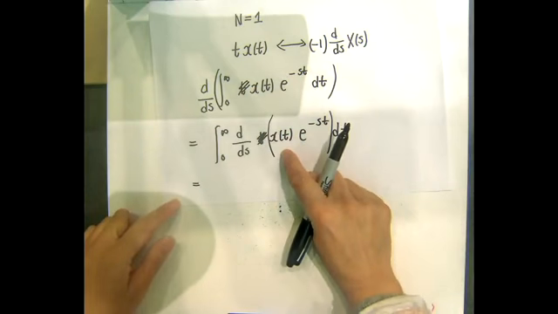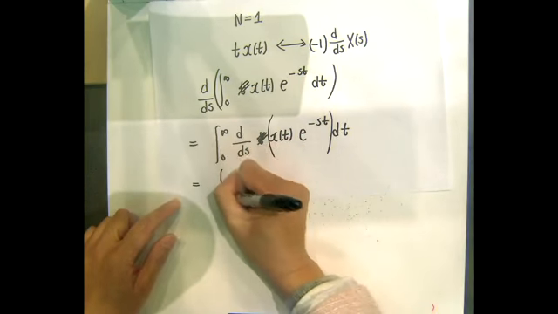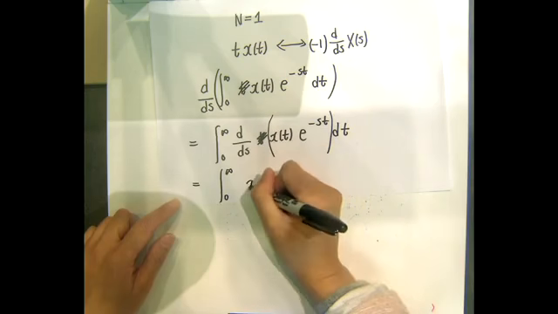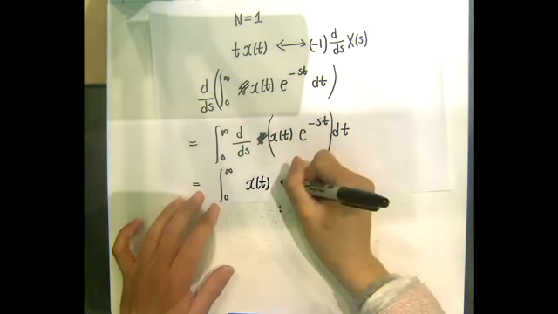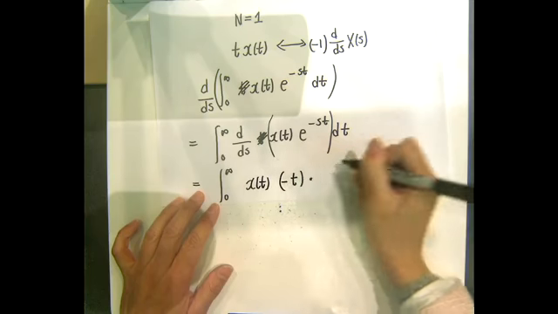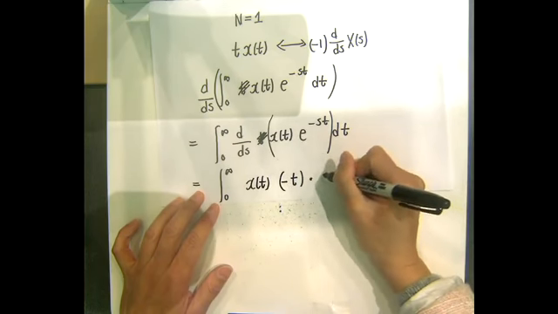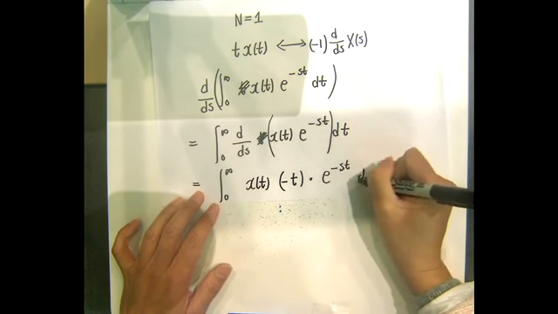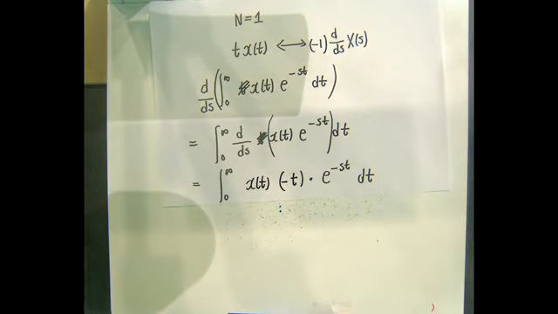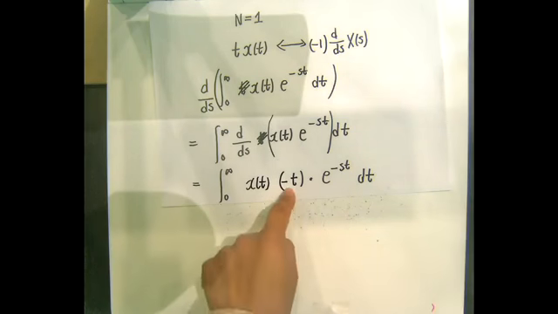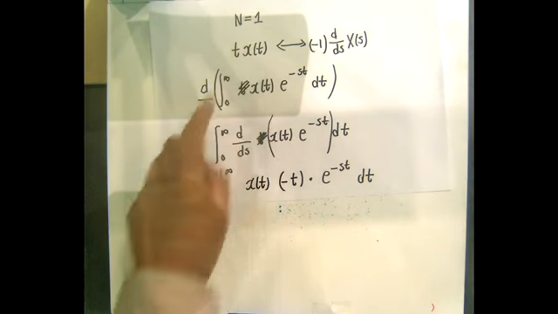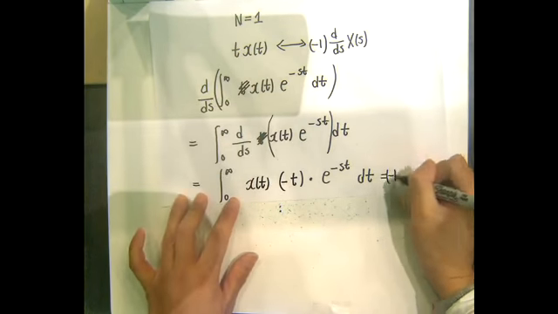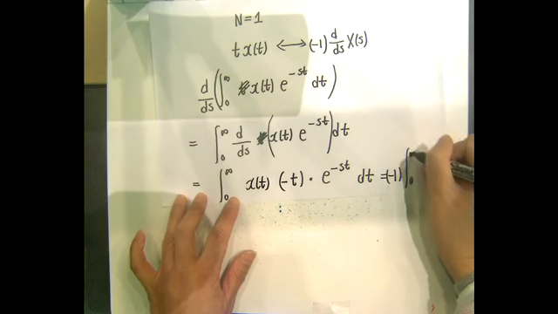Because x(t) is irrelevant to s, that part will be the integral from 0 to infinity of x(t). Now, if you take the derivative of e to the power of minus st with respect to s, I will have minus t e minus st dt. Okay, so I can take the minus out, and I will get t x(t). So I can get minus 1, integral from 0 to infinity, t,